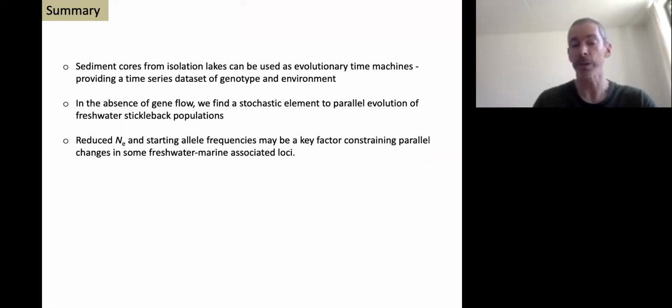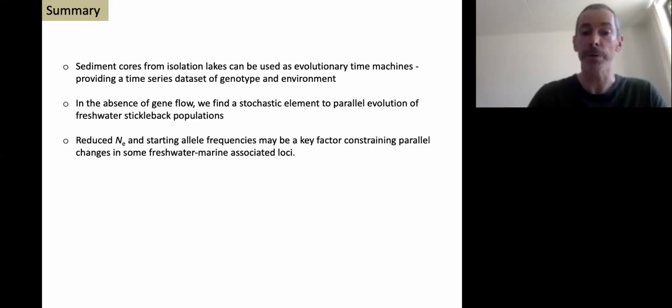So there's all sorts of things that could be at play here. One is the reduced effective population size through time. Like I said, it could be this ticking clock where essentially selection becomes weaker through time and the alleles can't rise to high frequency. But also the starting allele frequencies might be a key factor in constraining parallel changes. And it could just be that if the lake stays completely isolated after the initial founding event and those alleles are not present in that colonizing population, then you don't have any standing variation for selection to act upon. You're essentially waiting for de novo mutations.